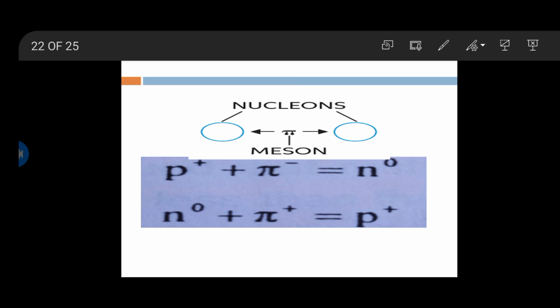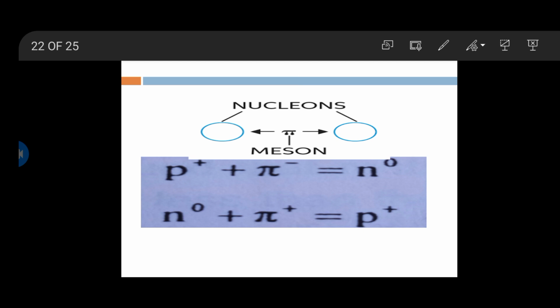reactions, when a proton interacts with a pi minus meson, it changes into a neutron. Similarly, if a neutron accepts a pi plus meson, it changes into a proton. This is the basic view of how proton and neutron interactions occur